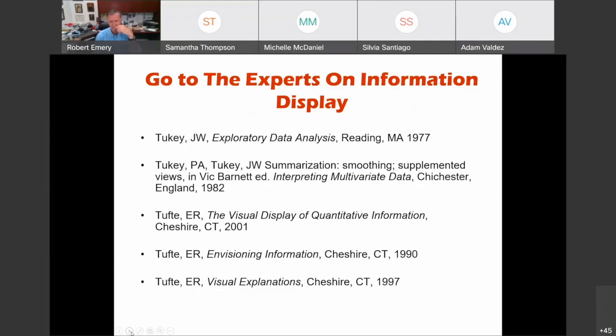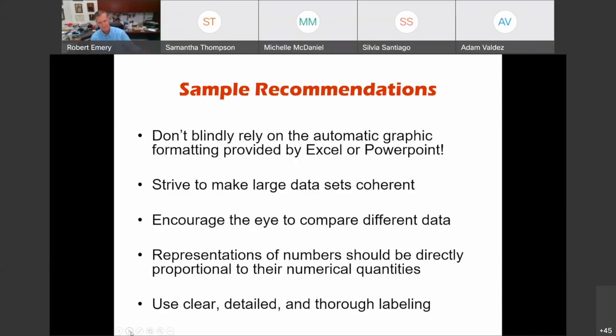And they have written extensively on the notion that you can collect a lot of data, but if you can't display it in a way that other people can figure it out, it's virtually worthless. And so if you have a greater interest in this field, here's some key references, but I'm going to synthesize at least the information I've gleaned from this, and then I'll get into showing you some real world examples. So first, let me summarize what both Tukey and Tufte recommend.